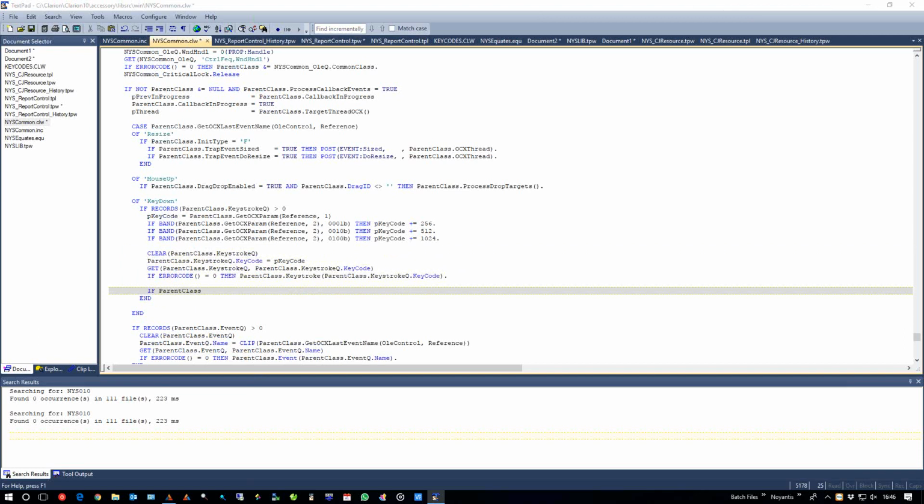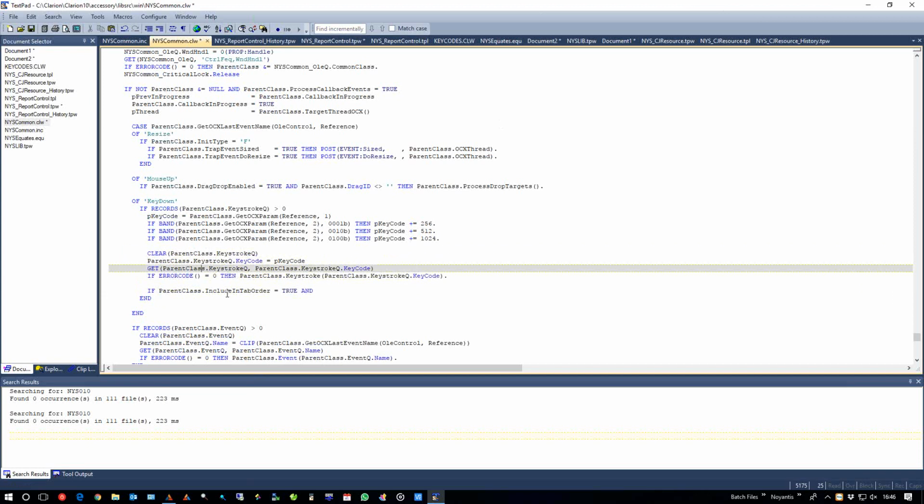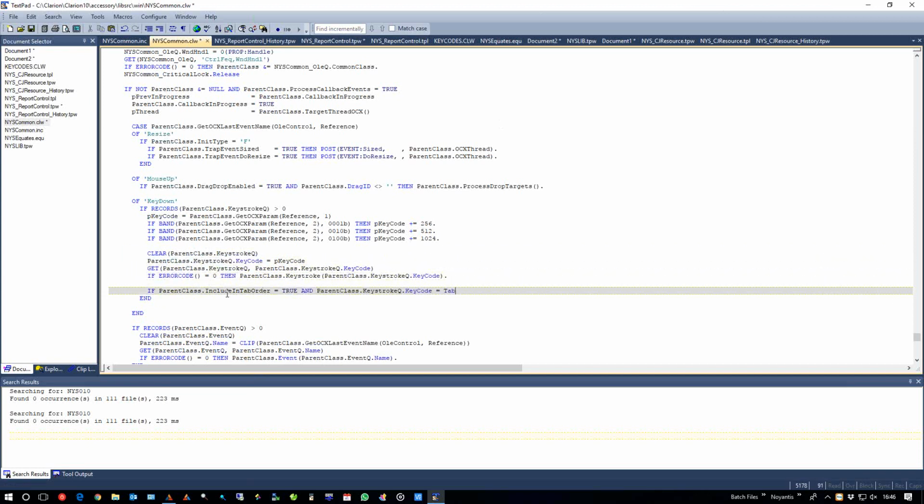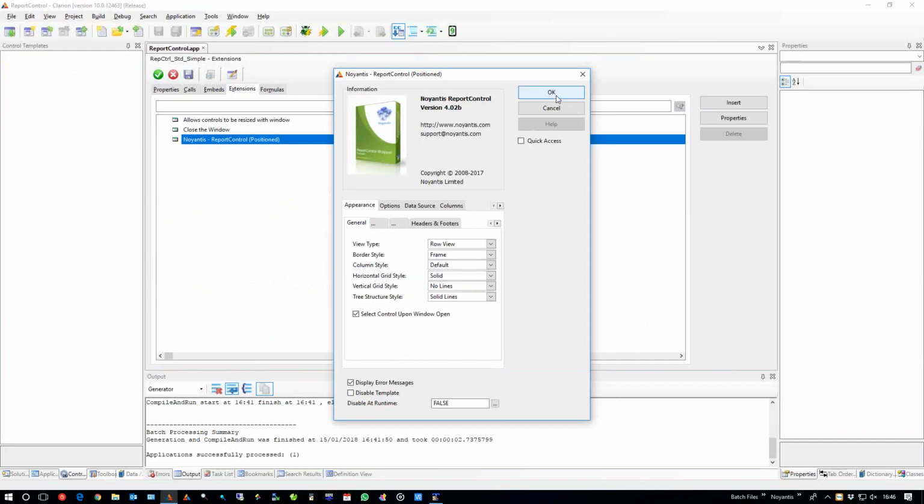Sorry about that, everyone. So basically, yeah, this is where some of the magic happens from the common class point of view. So we'll say this new property, if that equals true, and basically we want the key code. That should do it. A quick proof of that would be, let's just go into our thing here,